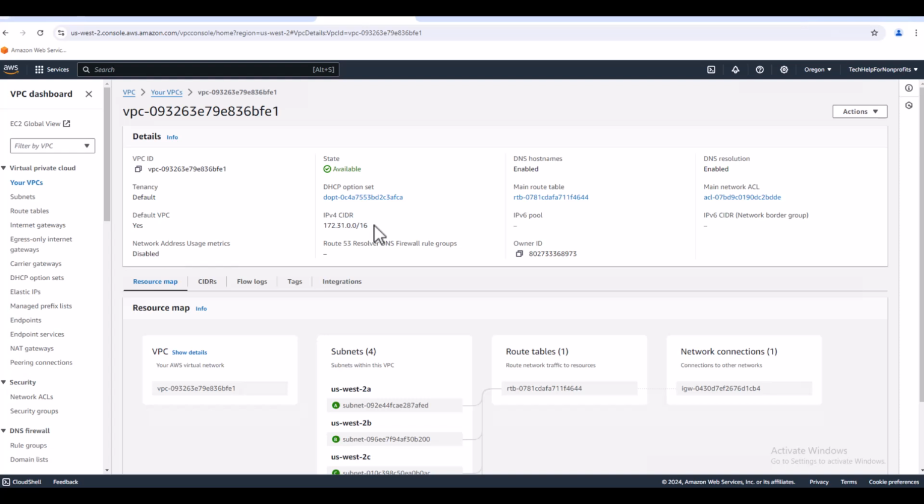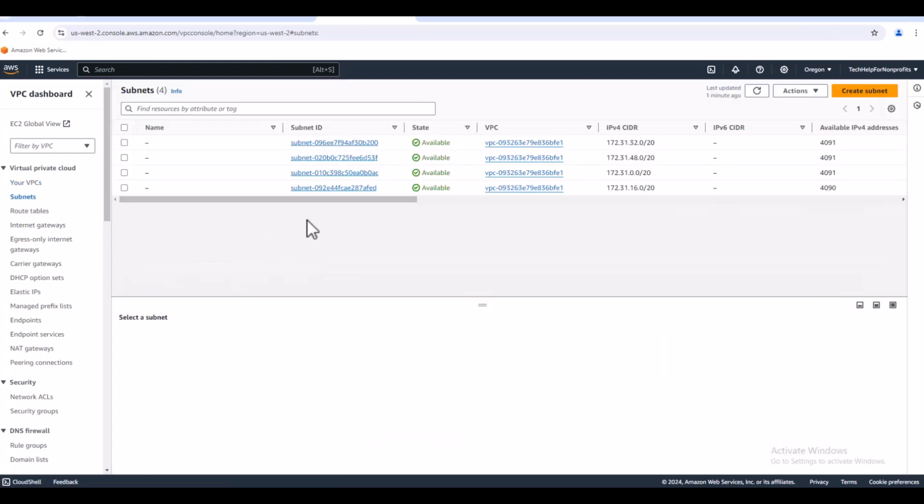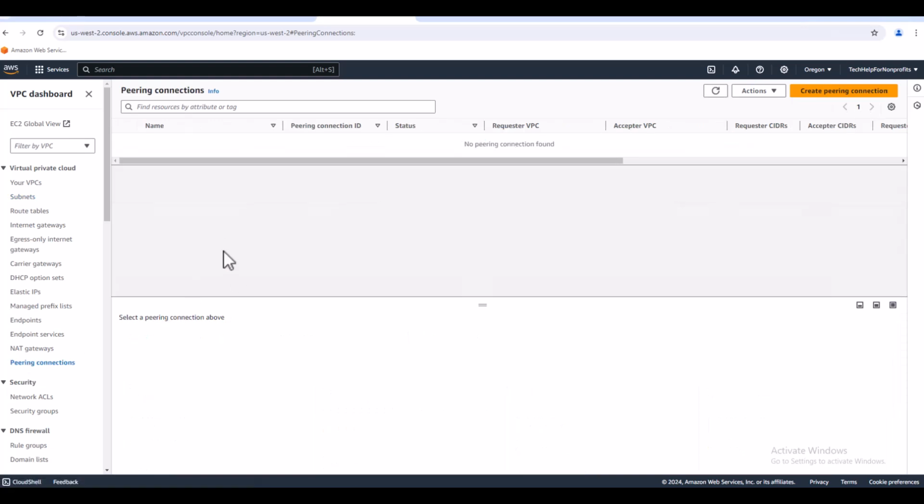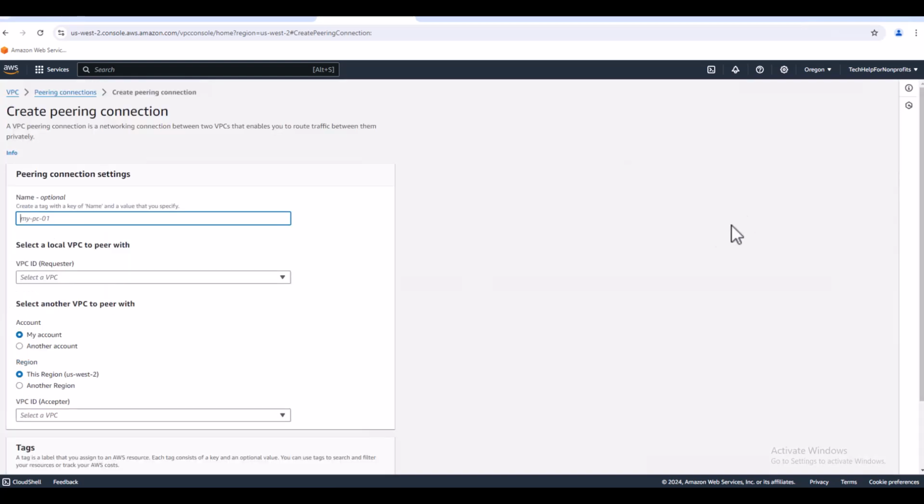And I would suggest that you record the CIDR range here, and also the subnets that are associated with it. That way you have that information when you create the peering connection. So I'm going to be using this subnet range for my peering connection. So if I go down below subnets, to peering connections here, I don't have one set up yet, so I can click on create peering connection, and let's call it